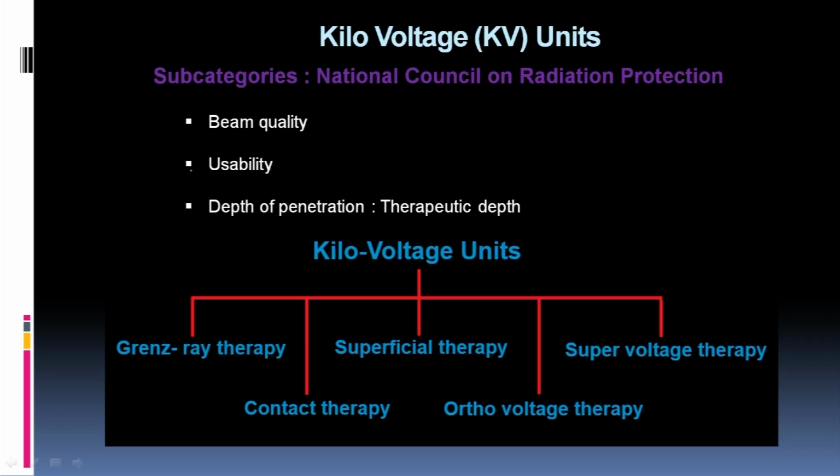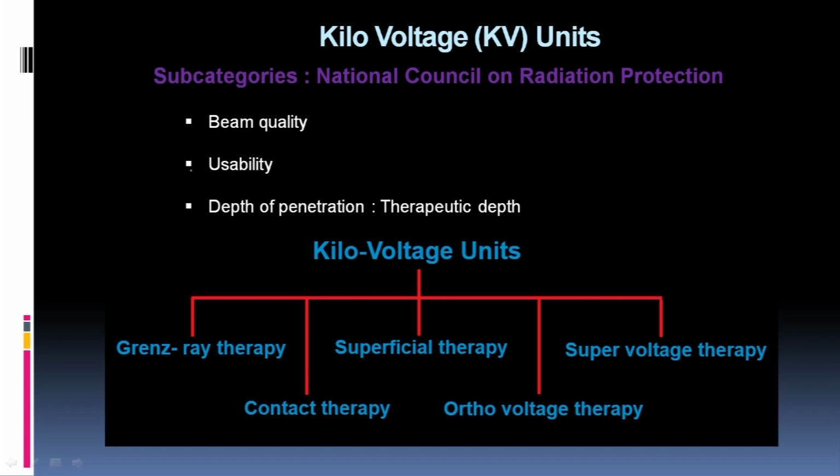Their usability, where these kilovoltage units are used, is also a parameter used to subcategorize the kilovoltage units. And the depth of penetration, the therapeutic depth, is a very important parameter of any kilovoltage unit. So according to these three parameters, the National Council on Radiation Protection divided the kilovoltage units